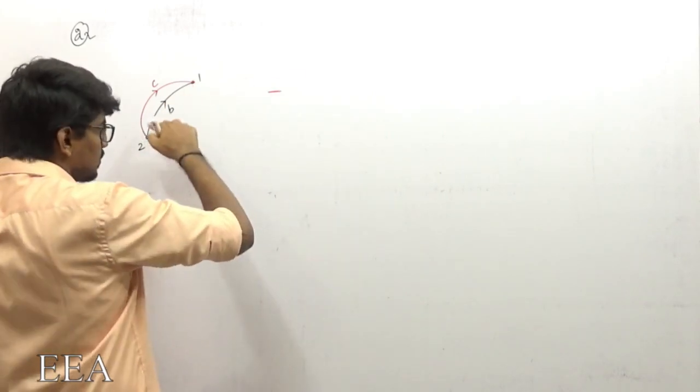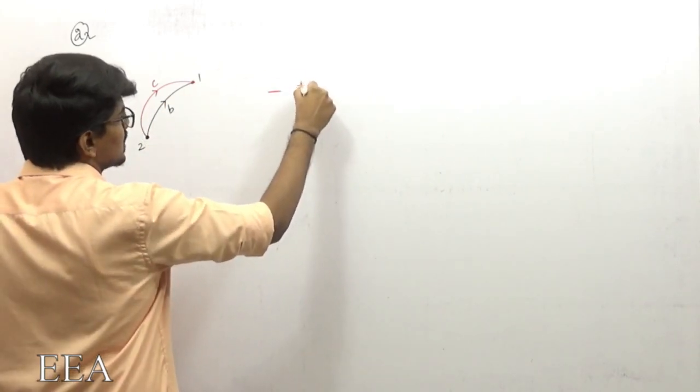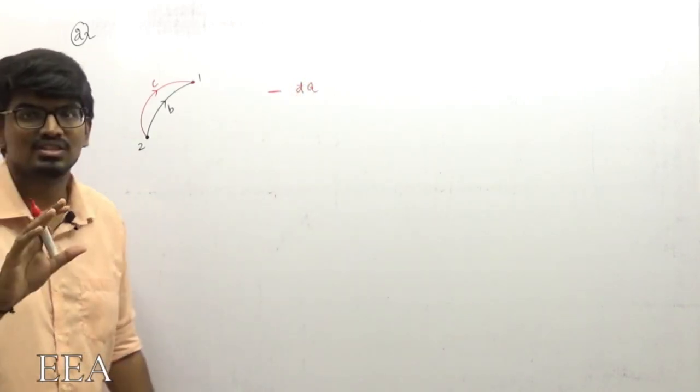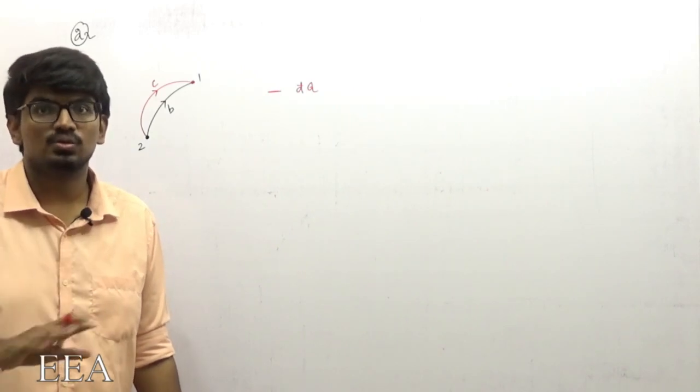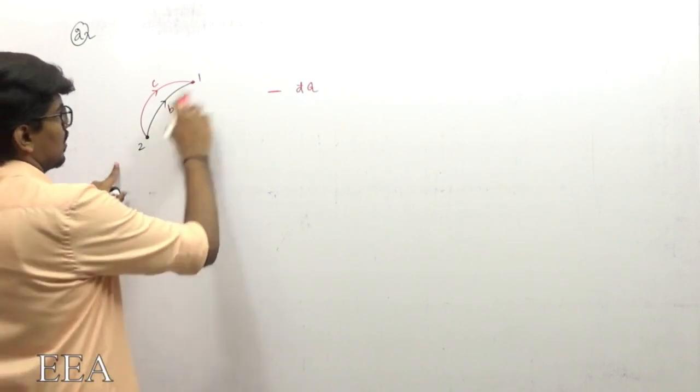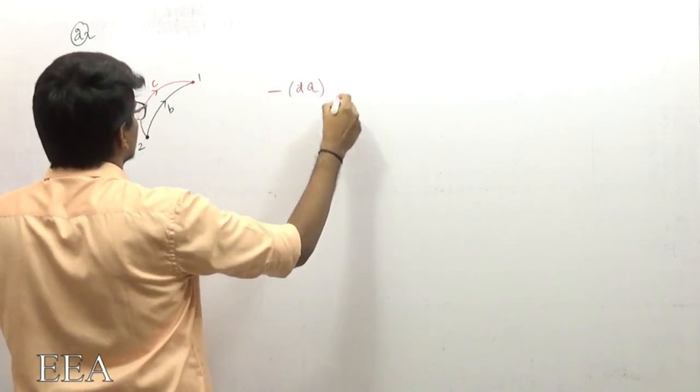When I am going in this path 1 to 2, the heat transfer which is happening, I mention with d dash, or I can mention with delta. The only thing is I should not use d, because it is an inexact differential. So d dash q of this path,